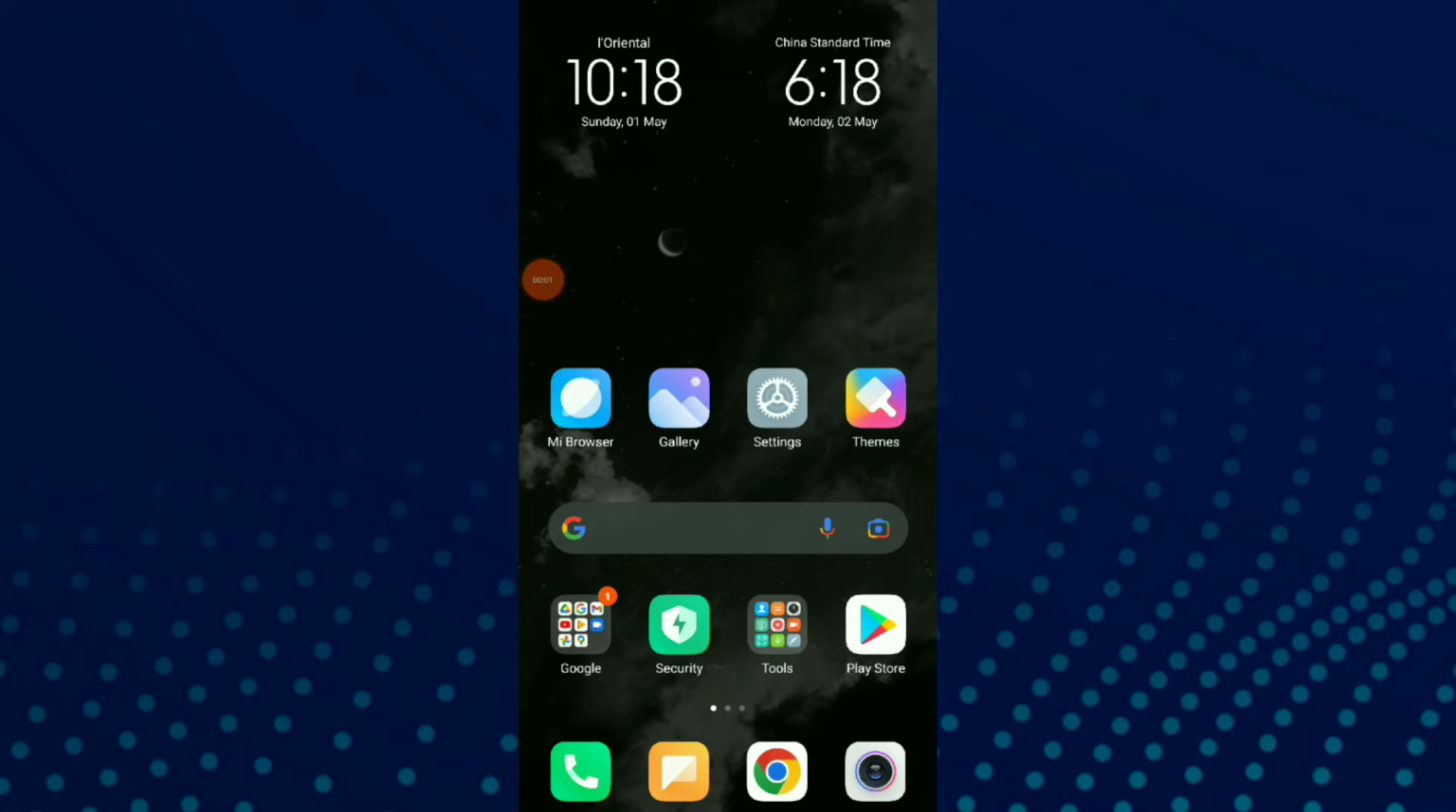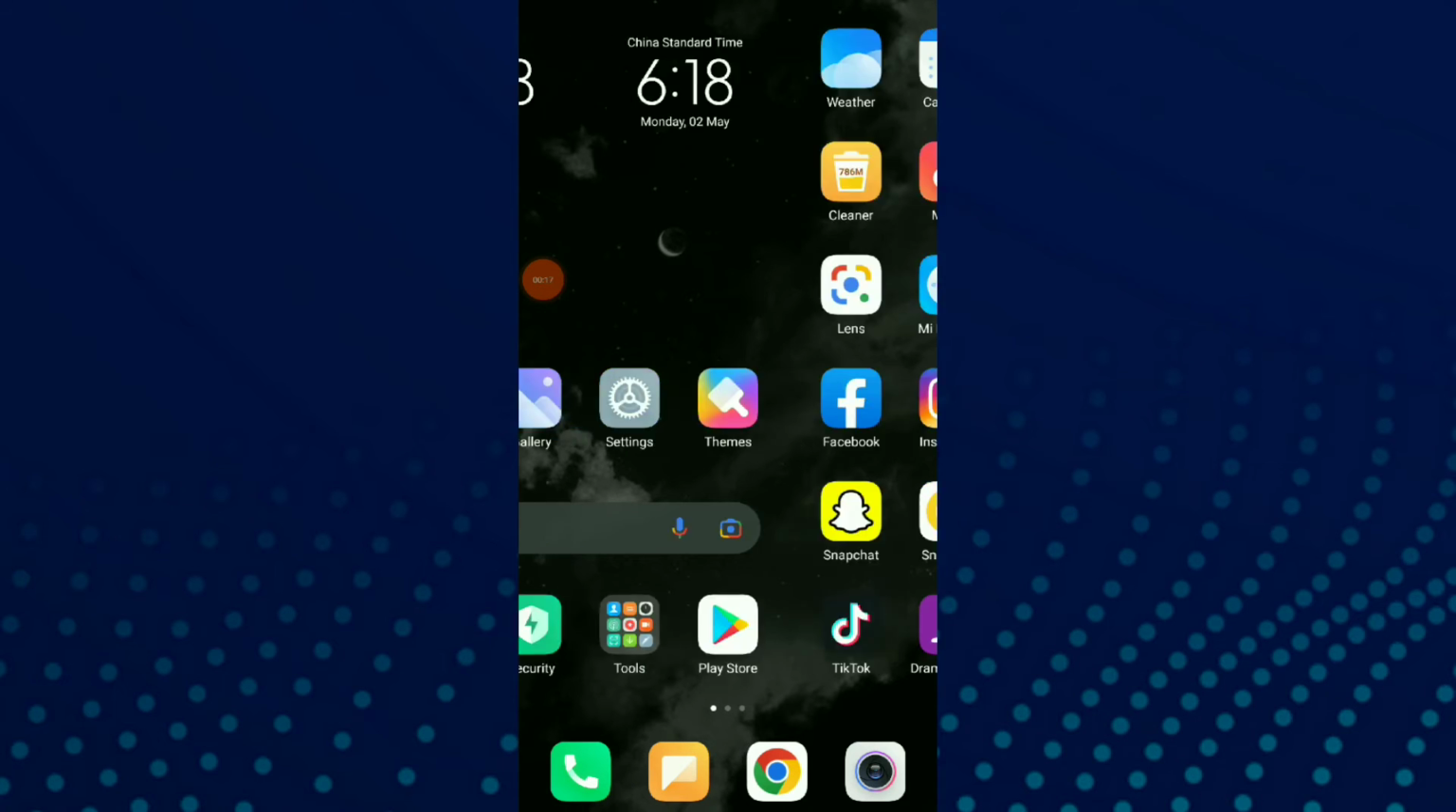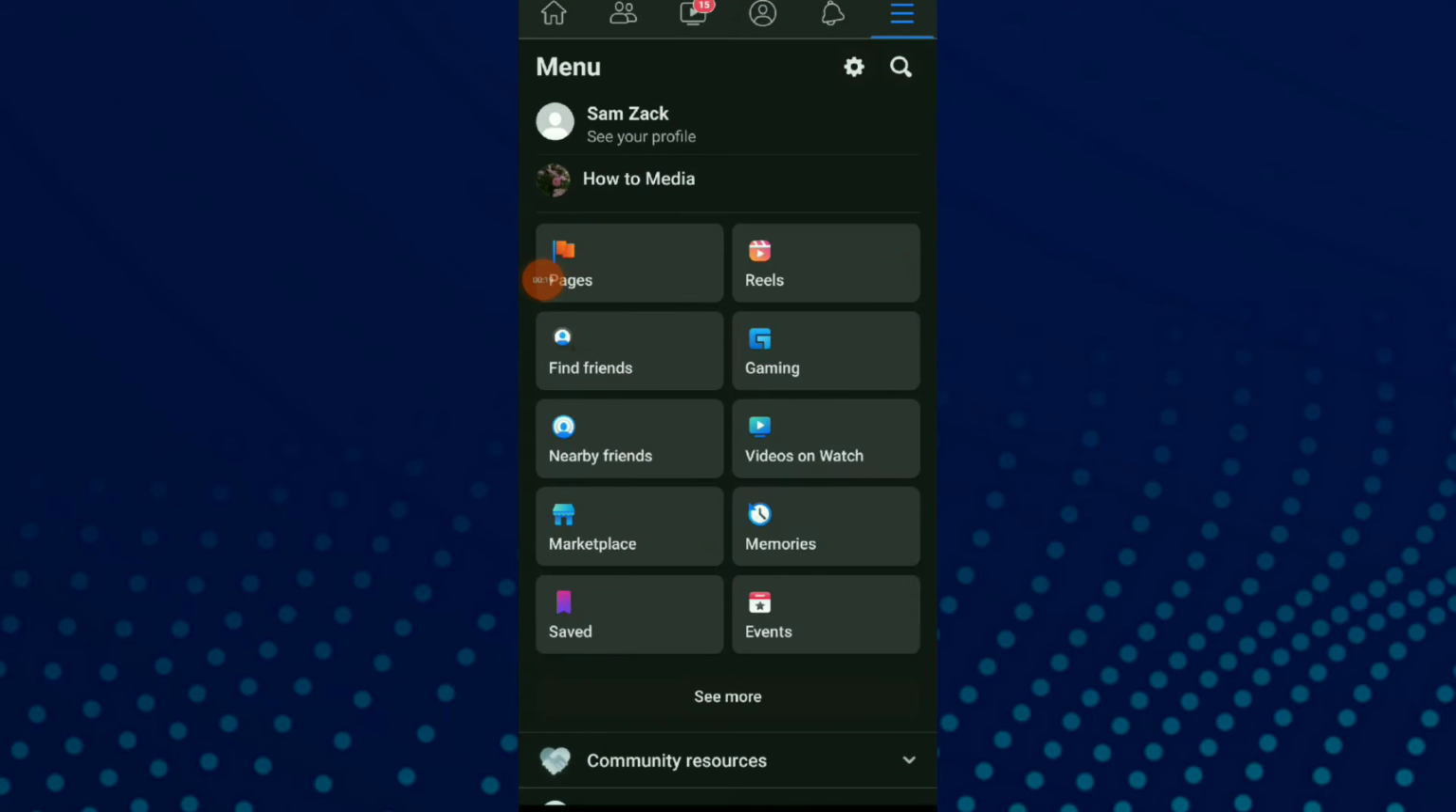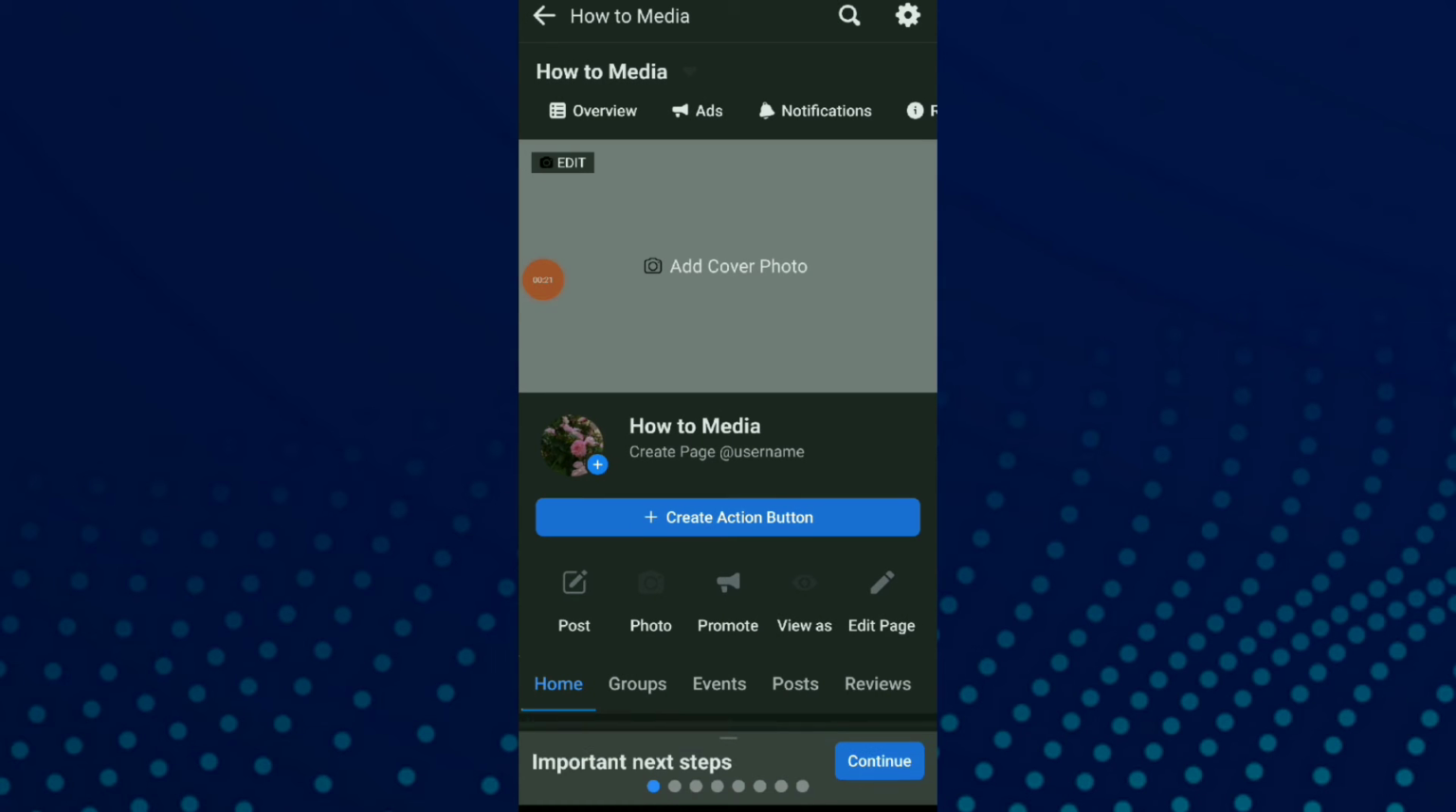How to include your page to similar suggestion when people are searching for pages. Hi guys, in this video I will show you how to turn on or off similar page suggestions. Easy and quick. First thing, go to your Facebook app, go to your page, and now all you need to